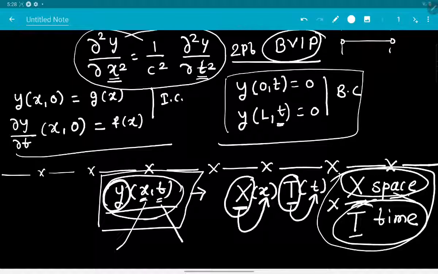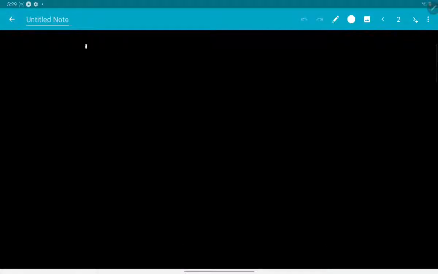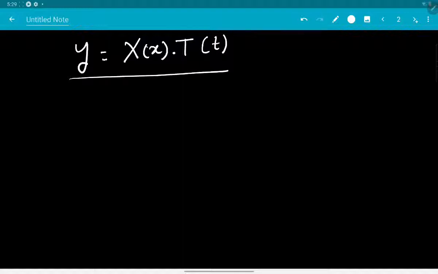That is what is variable separation. So the independent variables, which are x and t, those dependences on these two independent variables have been separated out by us, and this is what is the variable separable form. So we are assuming that y is equal to capital X, which is a function of x alone, times capital T, which is a function of small t alone. Okay, and now we are going to put this approximation in our differential equation.